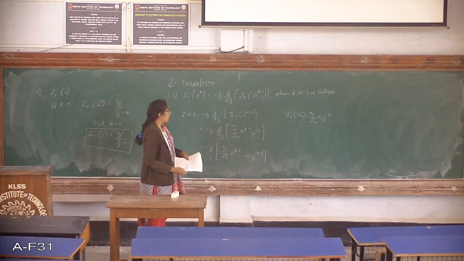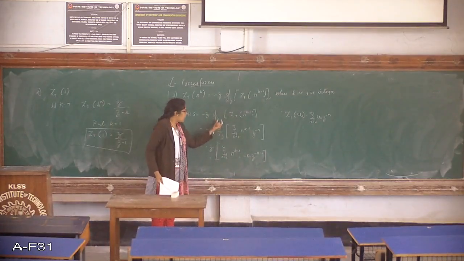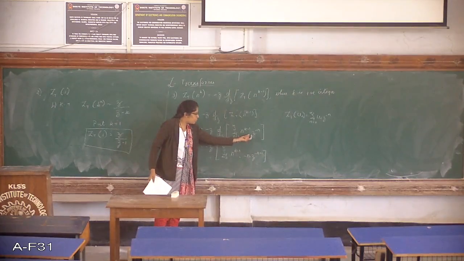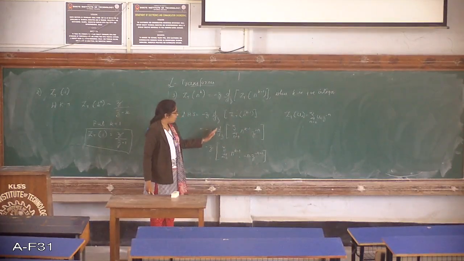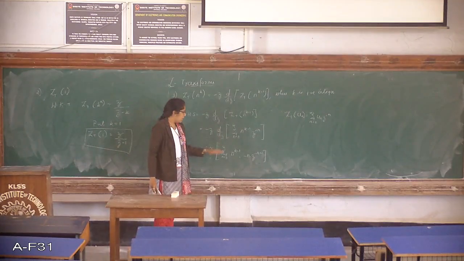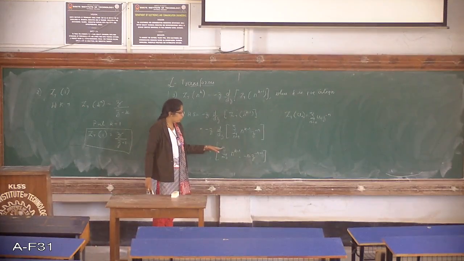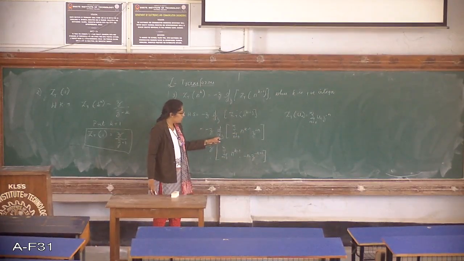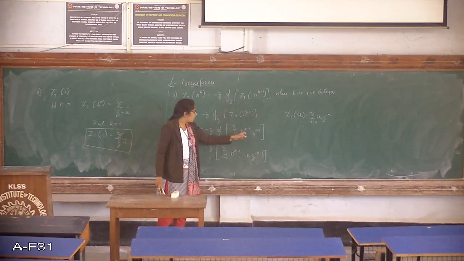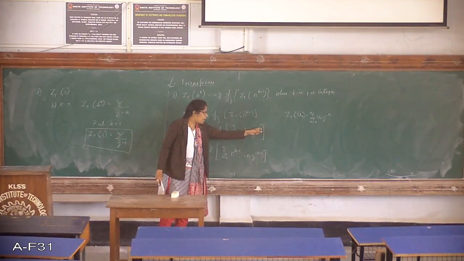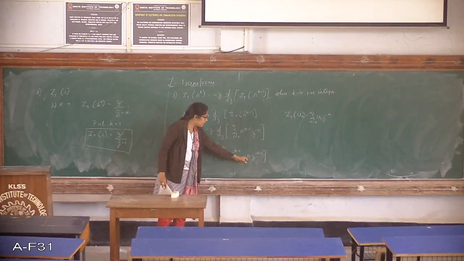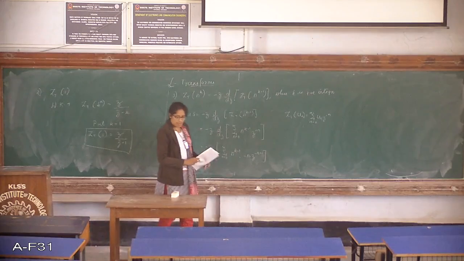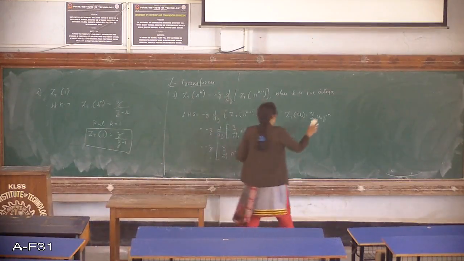I am repeating. Here we have got it from the definition of z transform, that is summation of n raised to k minus 1 z raised to minus n, and the differentiation is with respect to z. Hence this summation n is equal to 0 to infinity. I shall keep n raised to k minus 1, and since the differentiation is with respect to z, we know that differentiation of z raised to minus n with respect to z will be minus n into z raised to minus n minus 1. So if I can simplify this further,